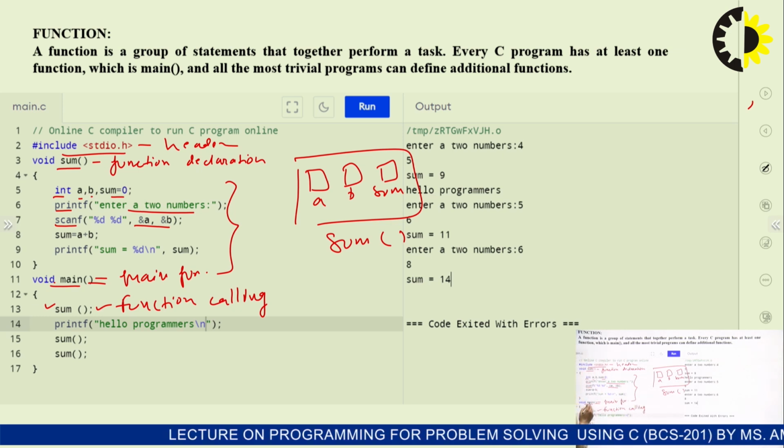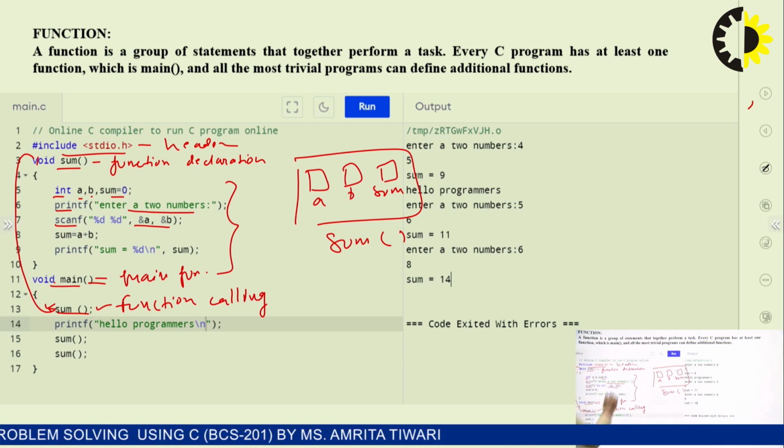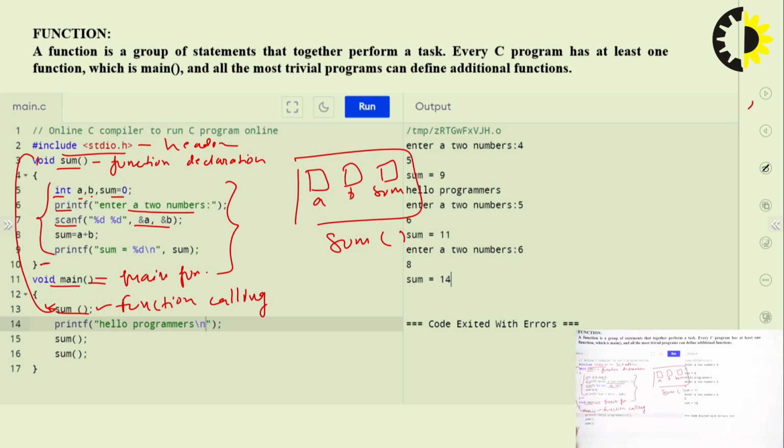As it sees the function call of sum, it goes directly to the function, and this set of statements will be executed. After this, when we reach the closing parenthesis, control comes back to the next line in main. Now it will print hello programmers, and then we again call the function two times.